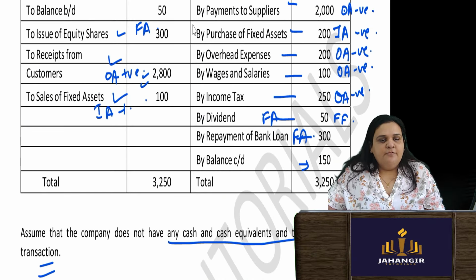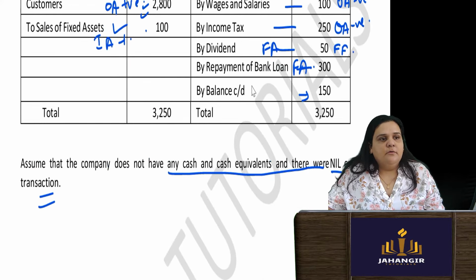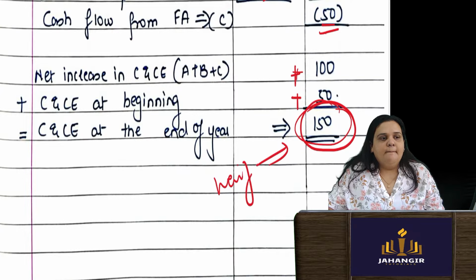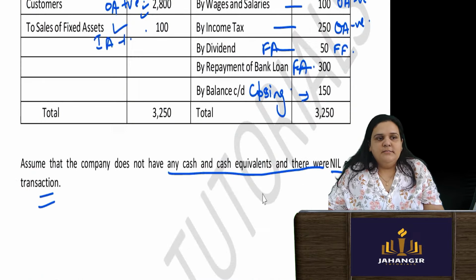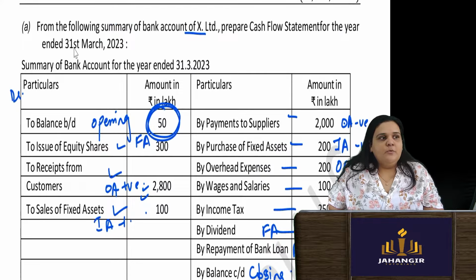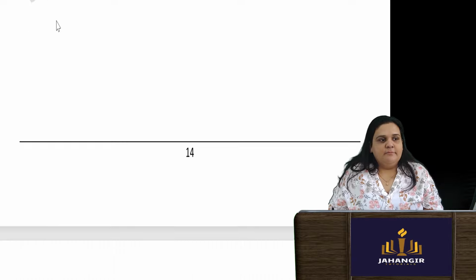Cash at the beginning of the year they have given me, opening balance 50. This is closing. So opening balance is 50, I will add it, arriving at 150, verified. Same 150 here. Okay, so in cash flow, this is one very good thing: you are able to understand whether what you have done is right or wrong most of the time.